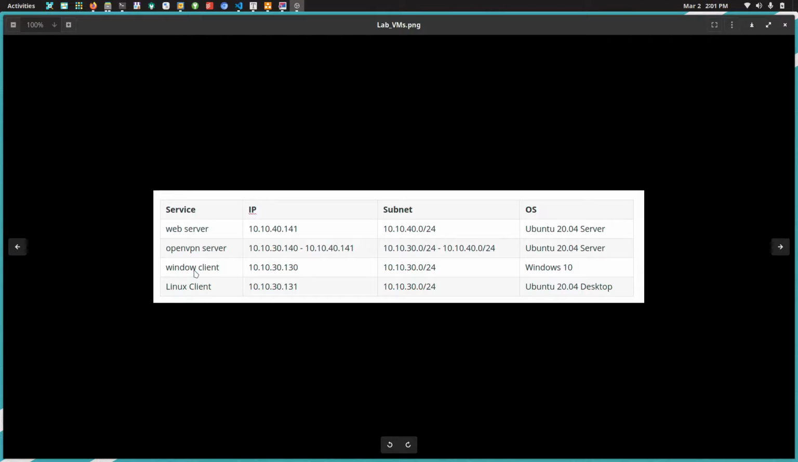On the Windows client, I installed OpenSSH on top of it to be able to SSH to the Windows client. Its IP is 10.10.30.130. This is the IP in the public subnet, and the operating system is Windows 10. The Linux client is 10.10.30.131, and this is the public IP in the public subnet, and the operating system is Ubuntu Desktop